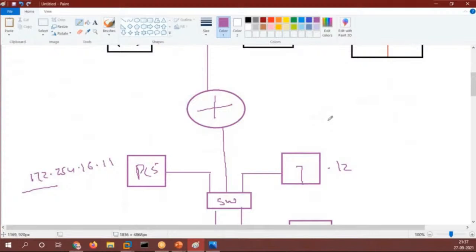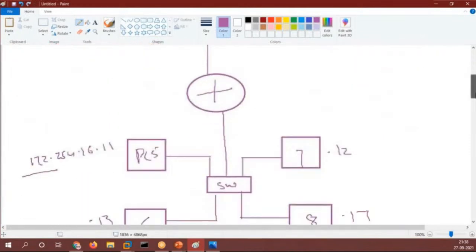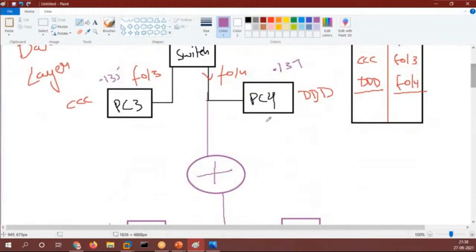Switches only work with the data link layer. That's why we need a router in between, and the router helps us in getting access to different networks. If we want two different networks to communicate, we use routers. That's why we have routers in our home. So our network will be able to communicate with someone else's network outside, the internet, using the router.